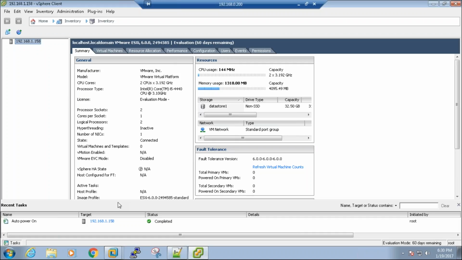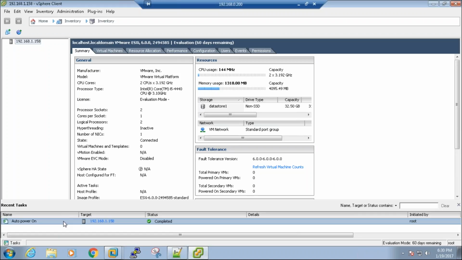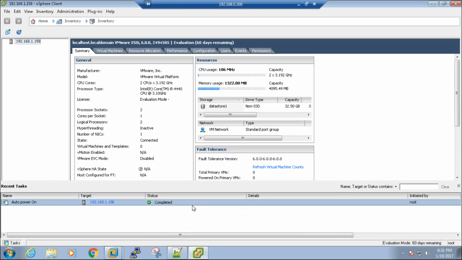In the bottom here, you see these are the recent tasks and events. Whatever you do here on the ESX server will be captured here with some basic information, who has done it, what is the activity, is that successful or in progress or not or failed. You see it is initiated by a root user.